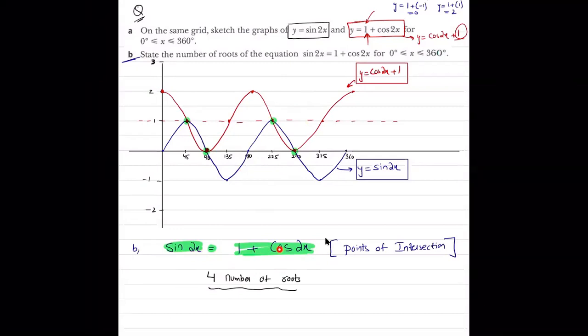ठीक है, इक्वेशन सॉल्व करने का मतलब है x की वैल्यूज फाइंड करना. अब x की वैल्यूज तो हम यहाँ नहीं फाइंड कर सकते, लेकिन हम ये बता सकते हैं कि हाउ मेनी सॉल्यूशंस आर देयर गोइंग टू बी. जिस तरह हमें पता है कि लिनियर के 1 सॉल्यूशन होता है, क्वाड्रेटिक के 2 सॉल्यूशंस होते हैं, यूजुअली क्यूबिक के 3 होते हैं. सो दिस इक्वेशन इज गोना हैव 4 नंबर ऑफ रूट्स. Okay, and using the graphs you can see that the sine 2x graph is intersecting 1 plus cos 2x at 4 different points. So there are 4 roots.